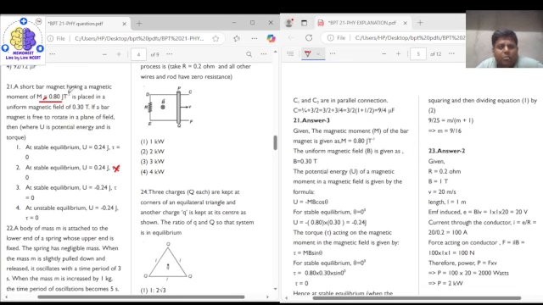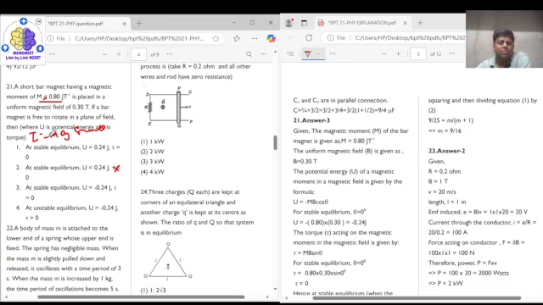A short bar magnet of this magnetic moment is placed in a uniform magnetic field of this much. Torque for a magnet is given as tau equals m b sin theta. But here we are not supposed to calculate torque; the torque will be 0. What we are supposed to calculate is the potential energy, and that is equal to minus